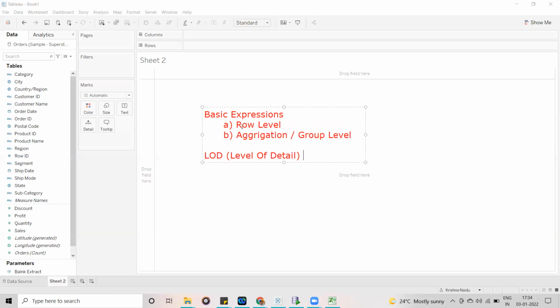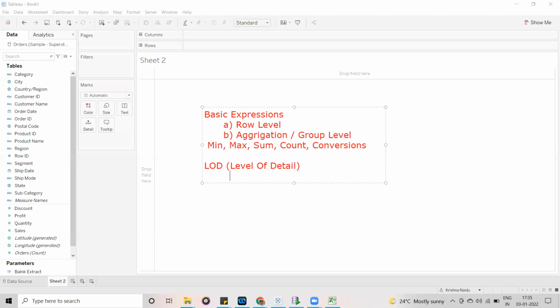In row level calculations and aggregate level calculations, we are having a lot of functions. Functions in the sense, like min, max, sum, date conversion, conversion functions. So a lot of functions are available. But in LOD calculations, in level of detail expressions, mainly we are having only 3 functions.